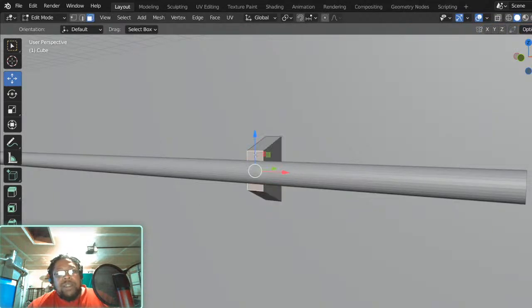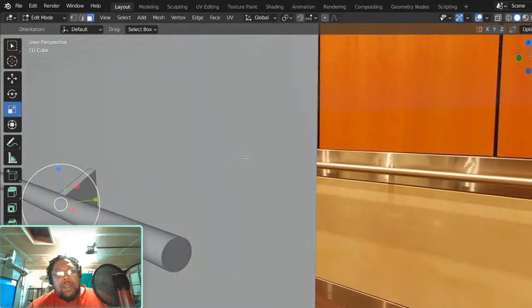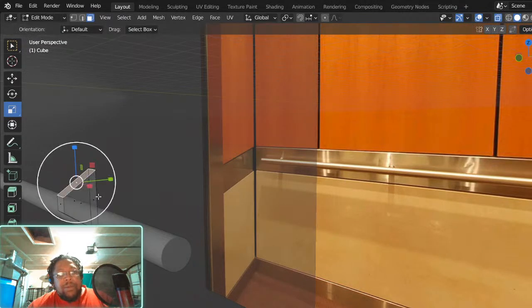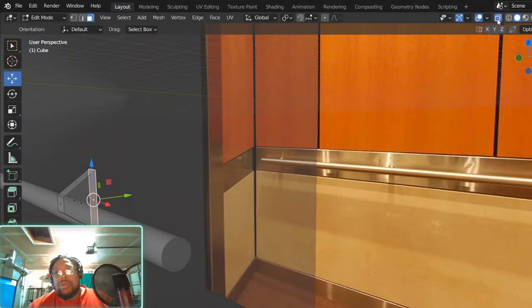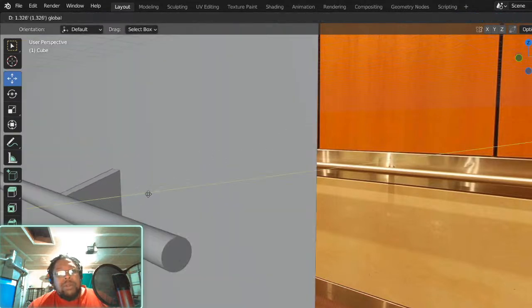So let's get this face. Bring that down to the size that I need it. Now I'm going to grab that back part. We'll pull that back to the wall.